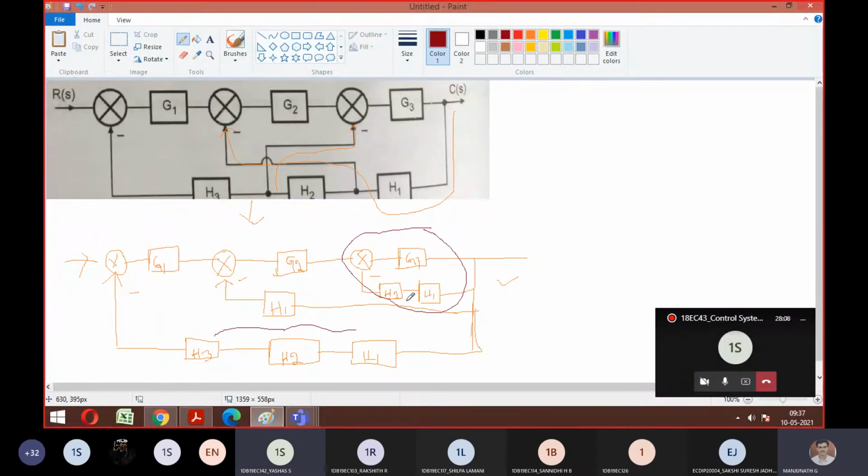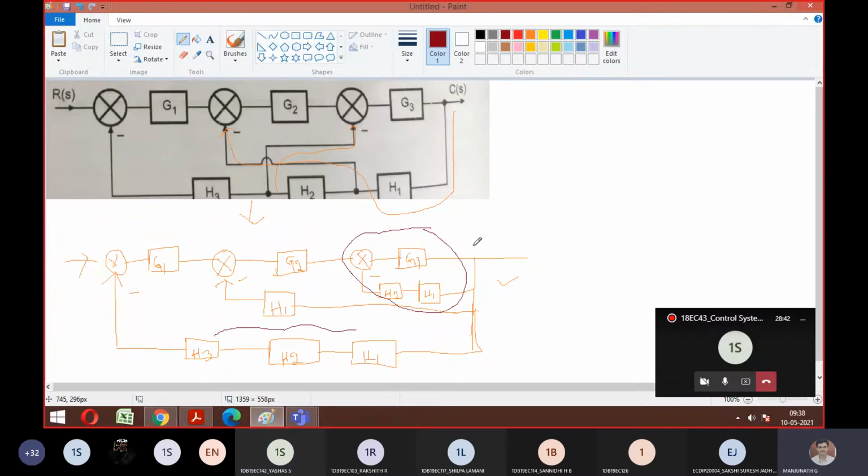H1, H2 cascade, elimination. Before that, first you have to do cascade. Good, H2, H1. Then that combination is having an elimination path. Is it okay? Yes, sir. Then that answer and G2 becomes what? Cascade. Again, that cascade is going to be elimination with H1. I hope everyone got the logic now, how to do the procedure with this problem. Go ahead, solve this problem and tell me the final answer.